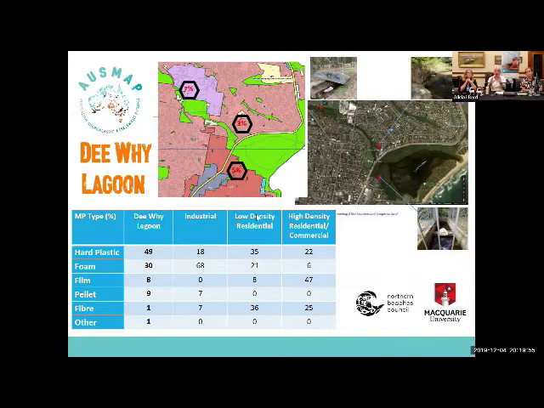So what we're showing is that each little subcatchment has its own source or different types, and that's where we're working with those local stakeholders to get solutions specific to that subcatchment. So that's a work in progress.